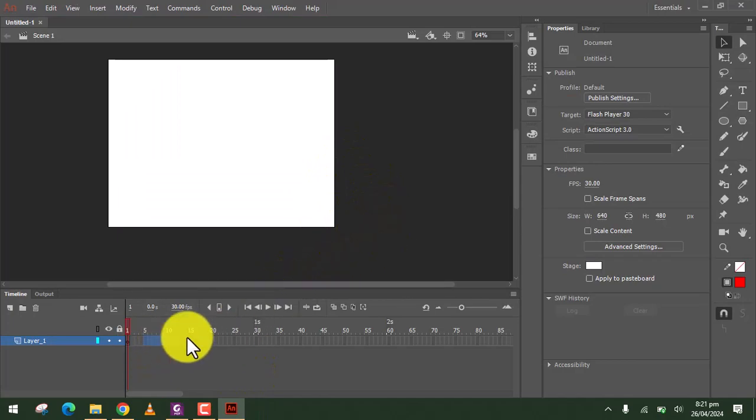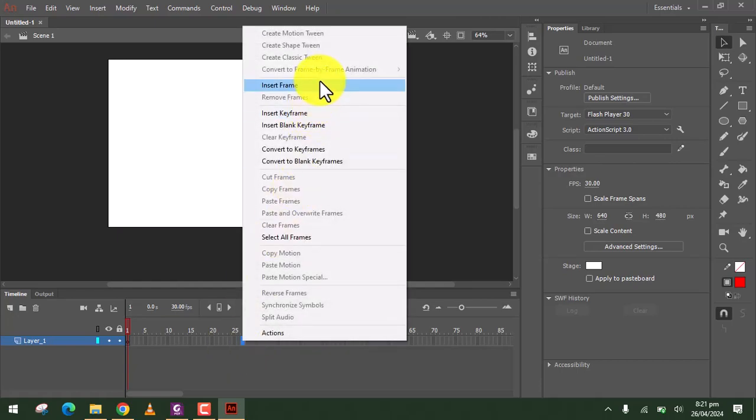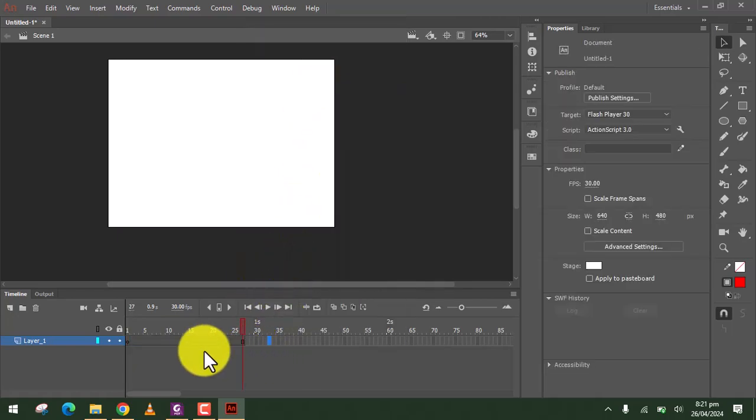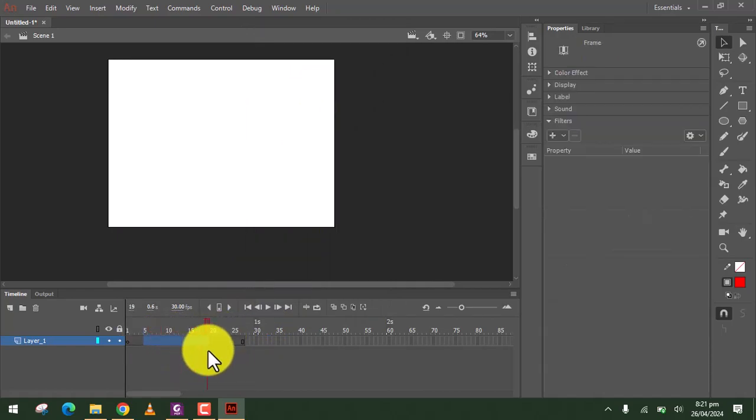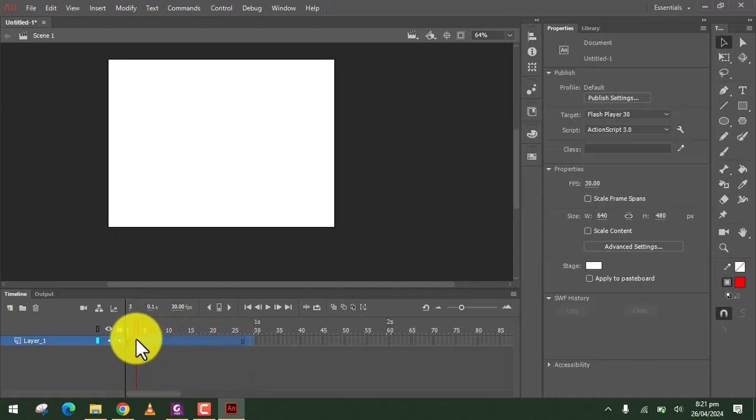This is our timeline. This will serve as your key placer. You can place your keys here for your animation, like this. Right click and then insert frame, and then this is your blank frame, so you can easily add your animation keys here later on.